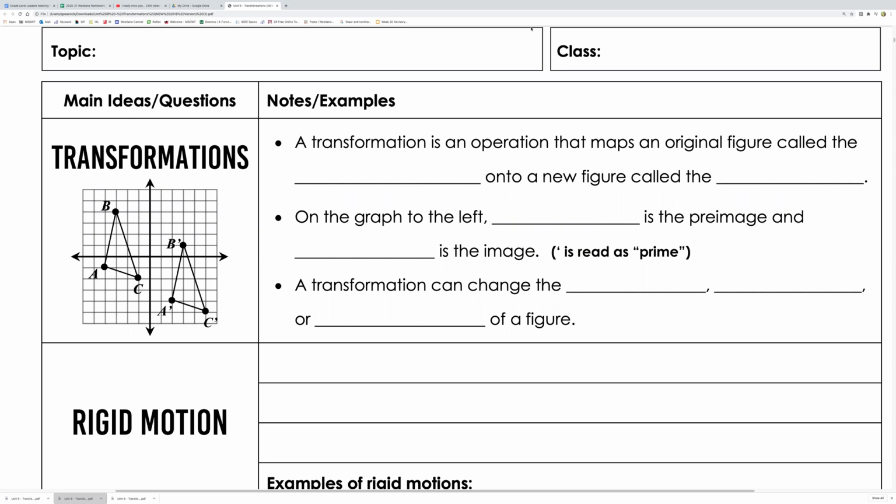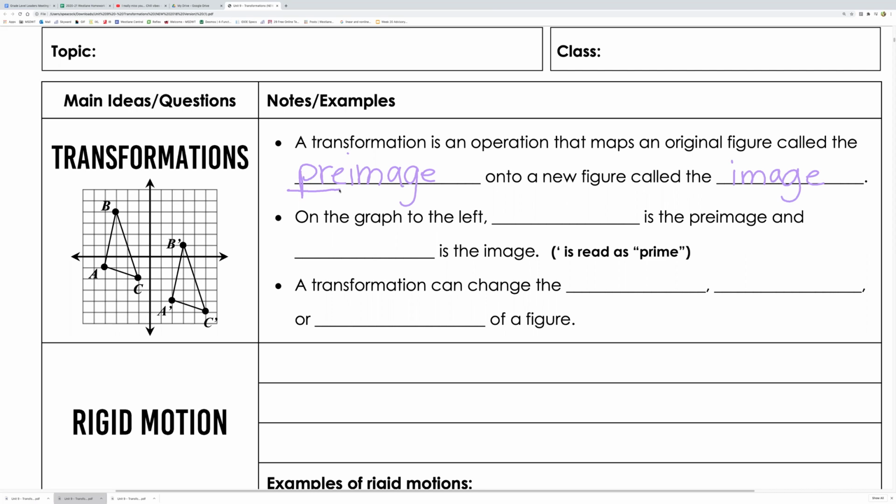All right, we are going to go over transformation, so I'm just going to fill in some notes. Just follow along. So the first thing is a transformation is an operation that maps an original figure called the pre-image onto a new figure called the image. We kind of remember pre-image has the prefix pre, which means before, so that's the before image, onto a new